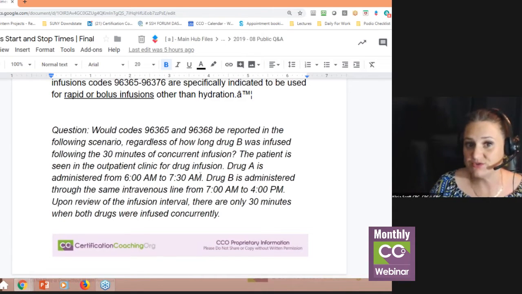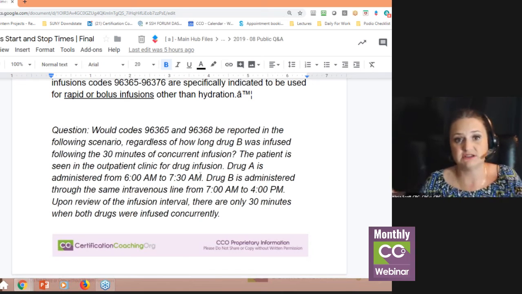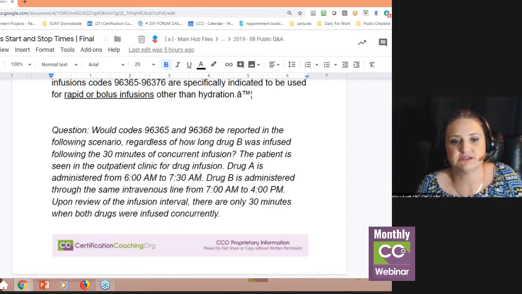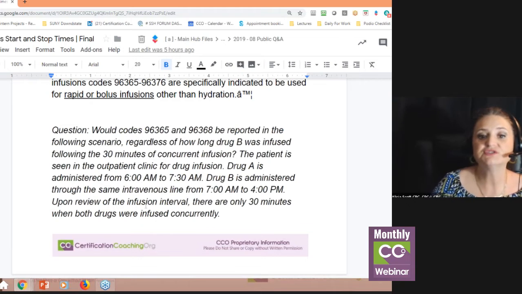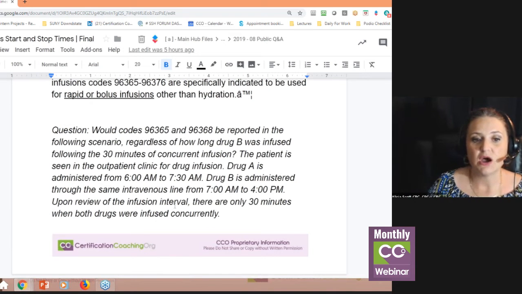Well, no, they actually do that sometimes and have IVs in 2 separate arms for various reasons. Okay, so you go the same intravenous line for 7 a.m. to 4 p.m. So these are overlapping, right? Because we started the one at 6 o'clock and got done at 7:30, but then we gave them additional from 7 to 4. Okay, upon review of the infusion intervals, there's only a 30 minutes when both drugs were infused concurrently,